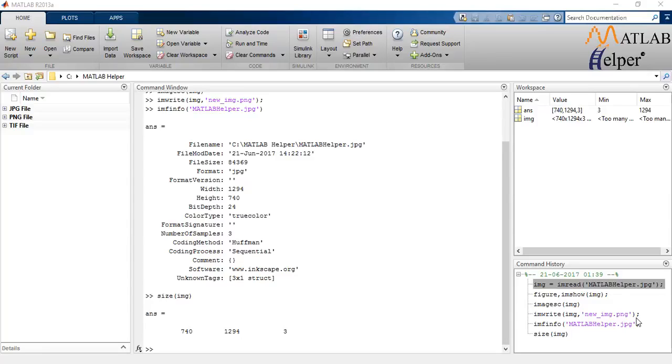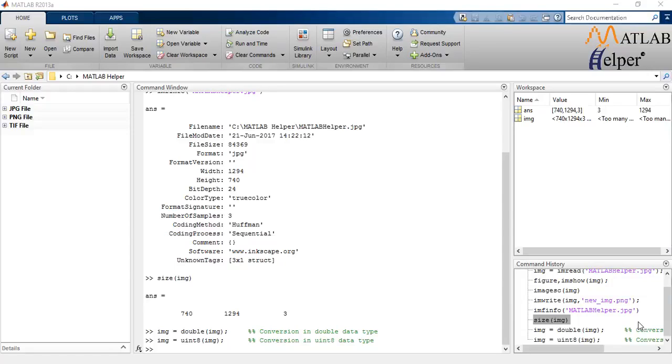Now as we discussed earlier, uint8 is the default data type for storing images in MATLAB. There are some other types also which are frequently used while processing the image, such as uint16, uint32, int8, double, etc. Image data can be converted from one type to another based on the type of accuracy that is required. For example, when using power law transformation, which helps in adjusting the contrast of the image, it is a good habit to use double instead of uint8. In such a scenario, we can change the data type of image using the following technique. The technique contains conversion of image into double data type as well as in uint data type.